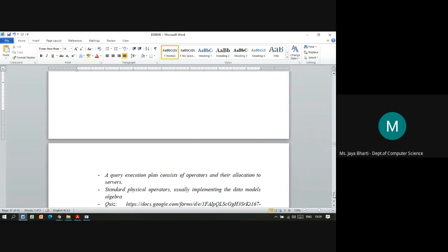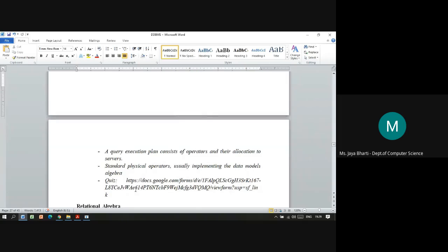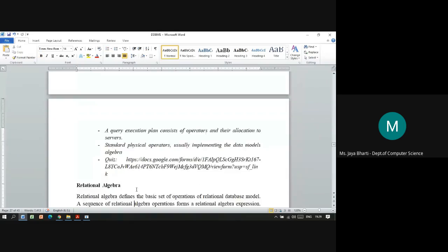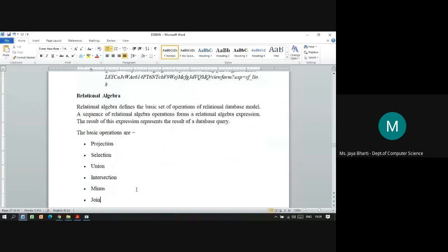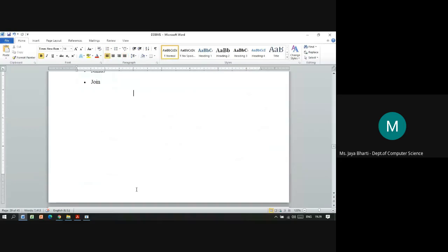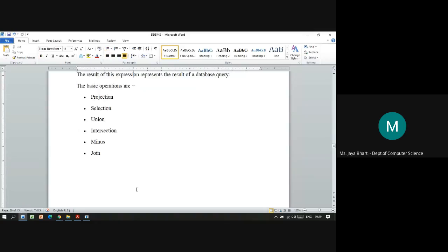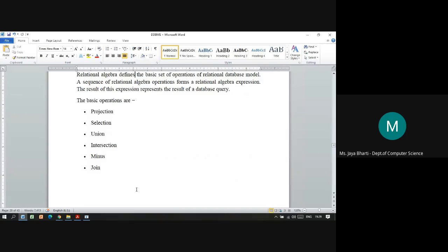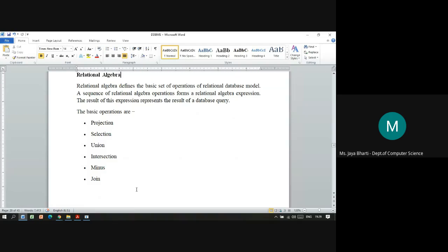CSIT students, please put some light on it. What is relational algebra? It's okay, you can read also from the slide. You can see the desktop, no?